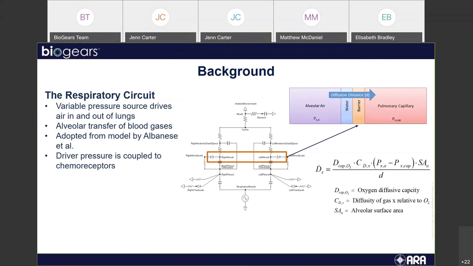But what's key here is diffusion, and diffusion into the blood. How do we get oxygen from the air to diffuse into our bloodstream? We have a diffusivity coefficient that scales with the pressure difference across the alveolar capillary. This is how we get oxygen in the blood, but it's also